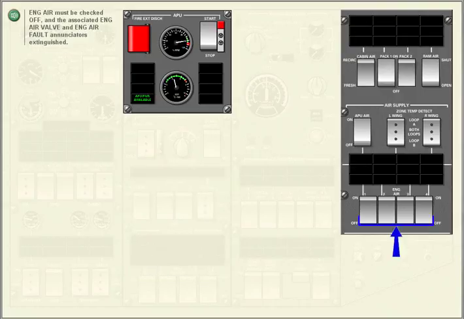Engine air must be checked off, and the associated engine air valve and engine air fault annunciators extinguished.